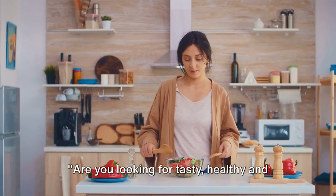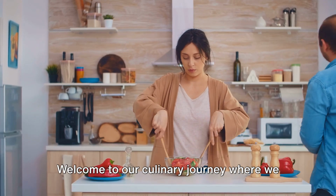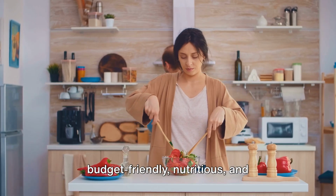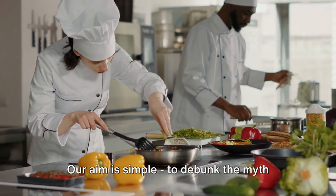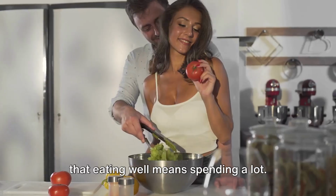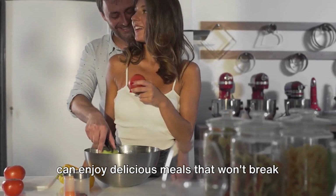Are you looking for tasty, healthy and cheap meals to make at home? Well, you've landed in the right place. Welcome to our culinary journey, where we will navigate the world of budget-friendly, nutritious and mouth-watering meals that you can easily whip up in your kitchen. Our aim is simple: to debunk the myth that eating well means spending a lot. We're here to show you that with a little creativity and some smart shopping, you can enjoy delicious meals that